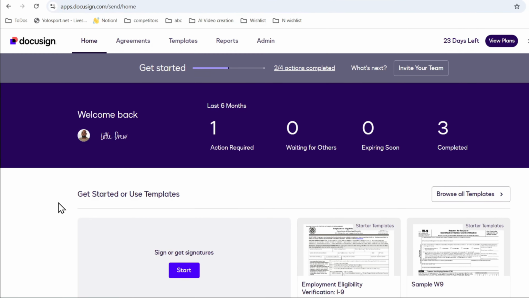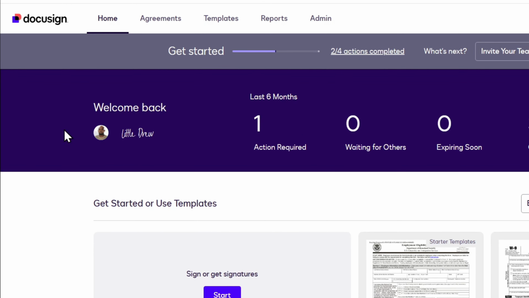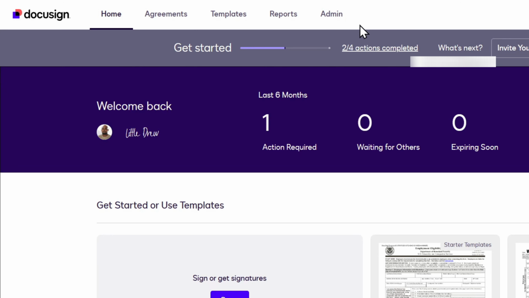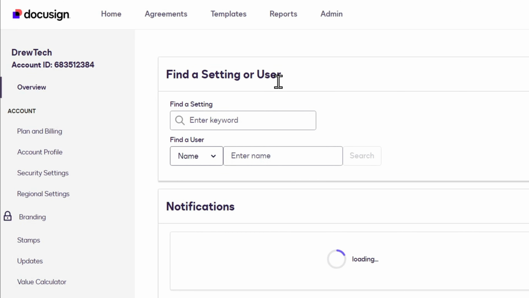Let me show you how you can quickly enable custom message on DocuSign. DocuSign has an option to enable your own custom message, and to do that just simply click on admin at the top. From those options there on the menu, and on the left side all you have to do is